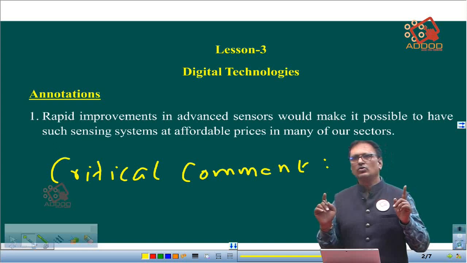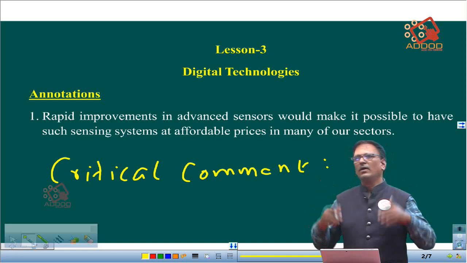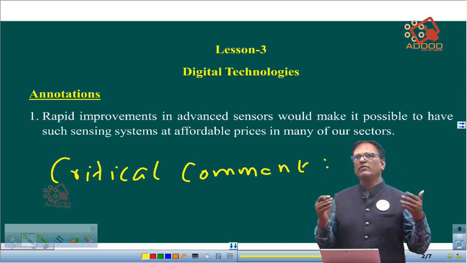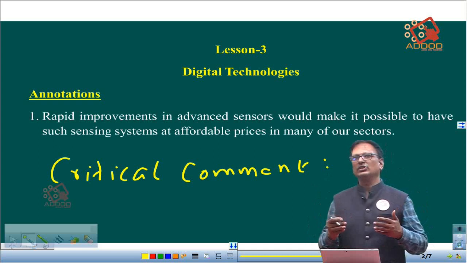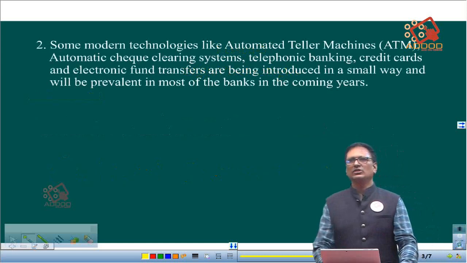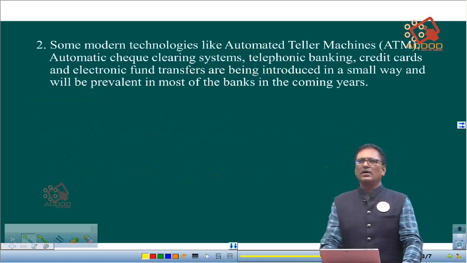Okay, shall I go to the next annotation after this? Of course, it is the same kind of subheadings you are going to see, but I am telling you some different kind of points according to the annotation. Let us go to the second. Second annotation is there. What's the annotation here?